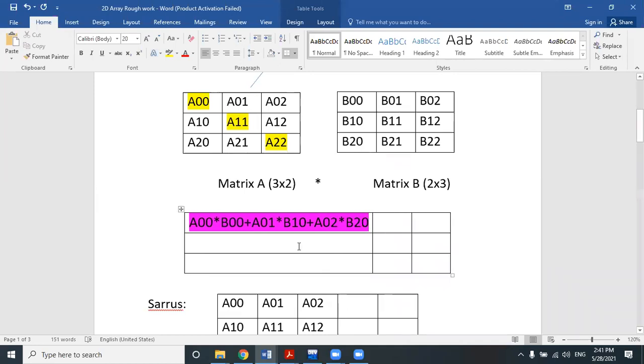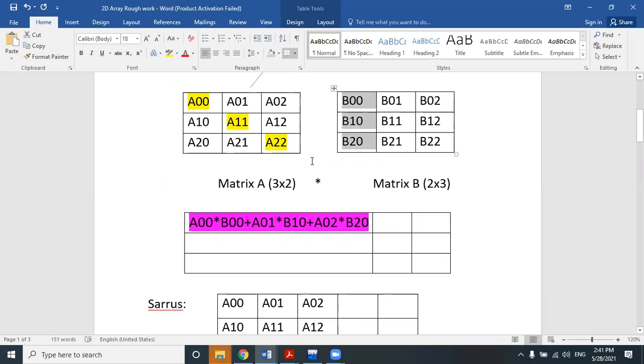Did you understand? So these are summation and multiplication of individual elements. Multiplication of individual elements and then perform summation in between them. Clear? So A00, A01, A02 are the row elements of the first matrix. B00, B10, and B20 are the column elements of the second matrix. Clear?